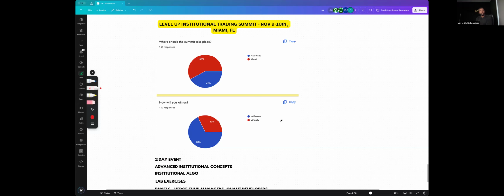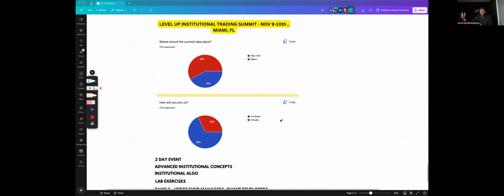It will be 2 full days. I'm sorry for those that do not like the 2-day events, but like I keep saying, this stuff is so much information that even if you try to couple it in one day, it wouldn't be fair to you. Why wouldn't it be fair to you? Because you're not going to grasp it. I would rather have a whole full day of knowledge,